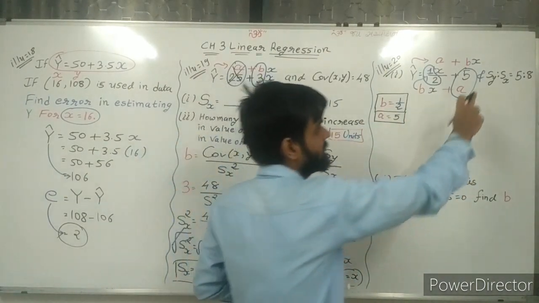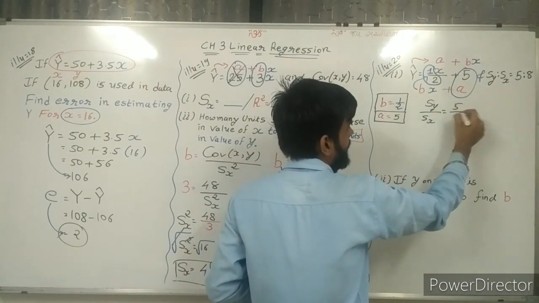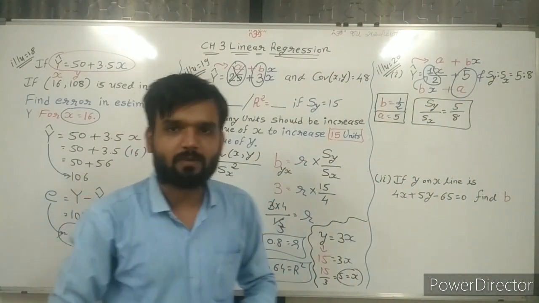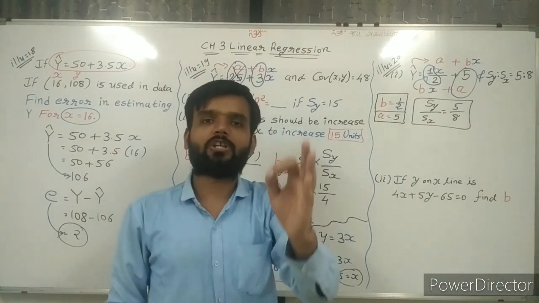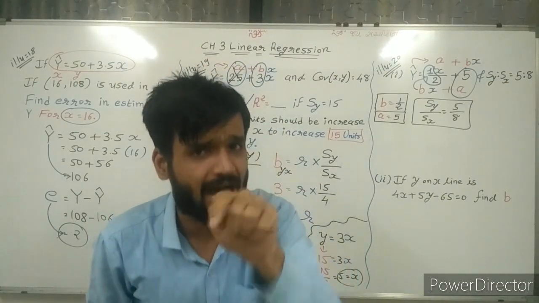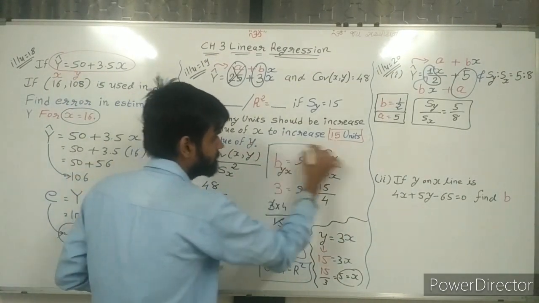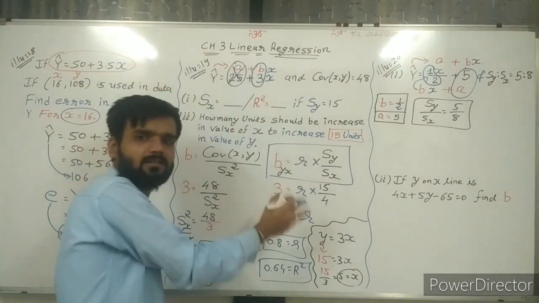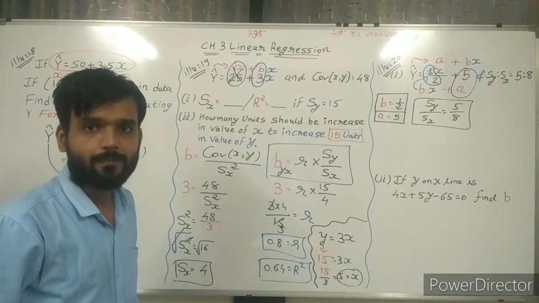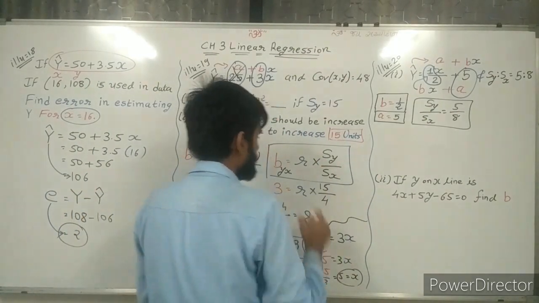Second thing already given to you, that is sy upon sx. Sir, sy divided by sx is equal to 5 by 8. This is given. Now sir, what is my question? We need to find the coefficient of determination, r square. So how can we find r square? First of all, we need r. Now think, one formula is already used which is specially made for this chapter only. So b yx is equal to r into sy upon sx. In this formula, I am placing the values.